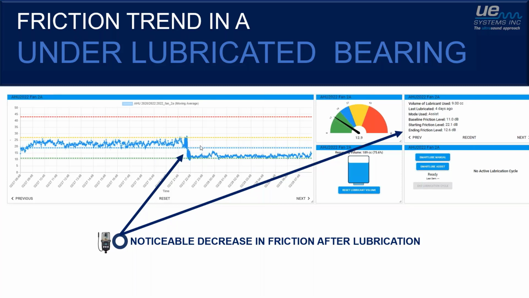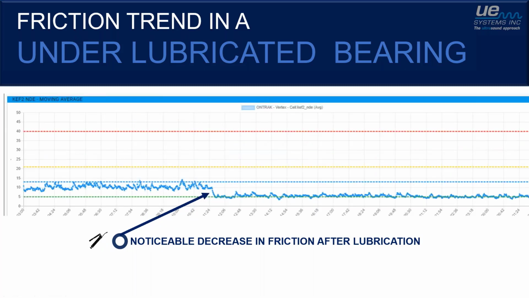In this case, our baseline friction was 11. If I'm looking at the right-hand side of the screen here, the baseline friction was 11 decibels. The starting friction when we started to lubricate was 22. And the system automatically stopped lubricating at 12.6. So it got it as close to baseline as possible, right? This is ideally what we'd like to see in